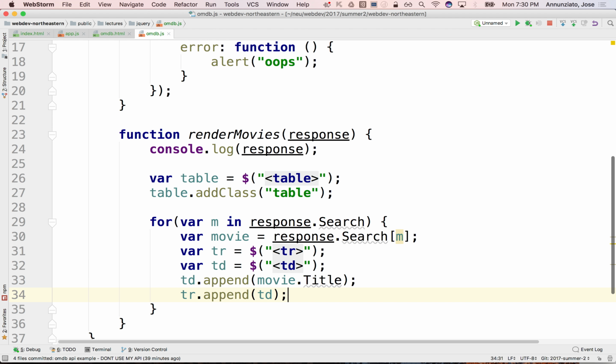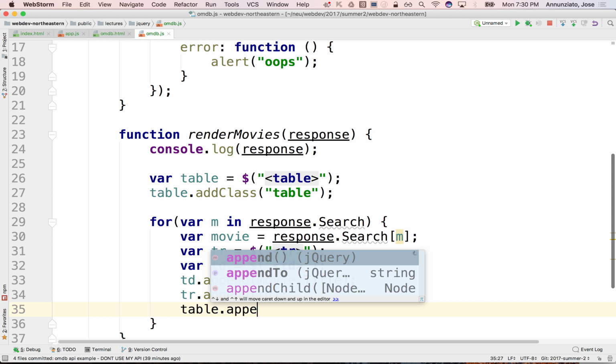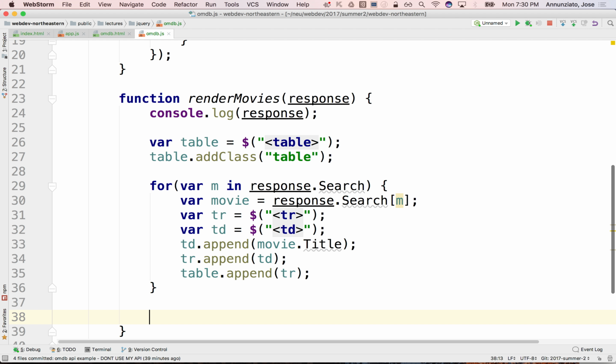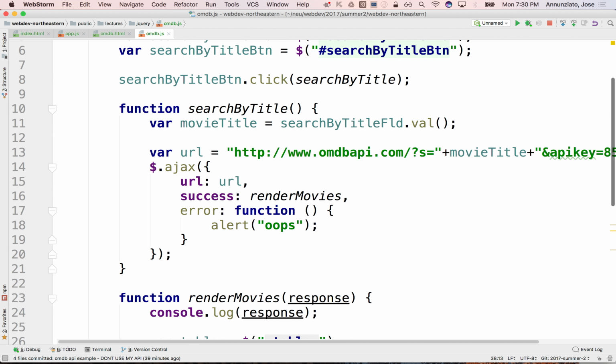Once I have the entire tr, I only appended the title, but I could append other things, right? I can then append the entire tr to the table itself. So table.append the tr. When I come out of this loop, hopefully I'll have my entire table built with each one of the rows built, each row with one single TD. Yes? And once I have the table, I can append the entire table to the